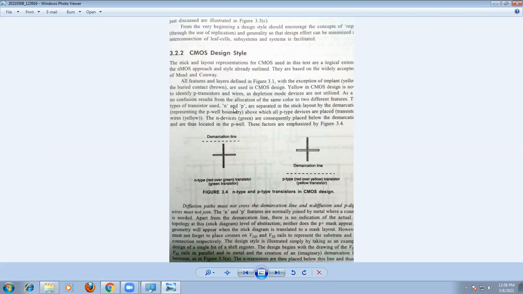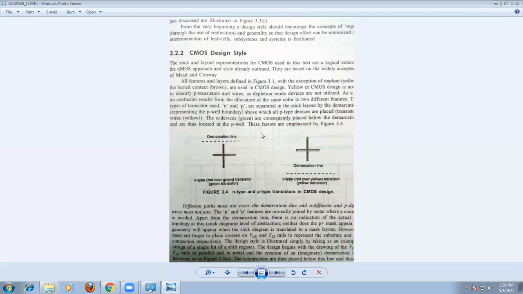So in the CMOS design style, there are two different transistors: one is P-channel and another is N-channel. For the N-channel, there is the enhancement mode transistor, that is the pull-down transistor. We can follow the same rules similar to our NMOS design style. But in the CMOS design style, for the P-type transistors, the pull-up transistors, we are going to use yellow color. Yellow color is used to identify the PMOS transistors in the CMOS design style.